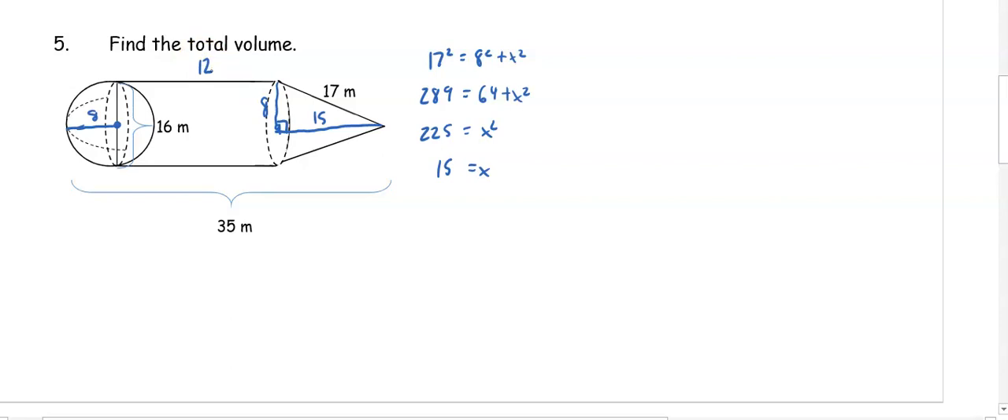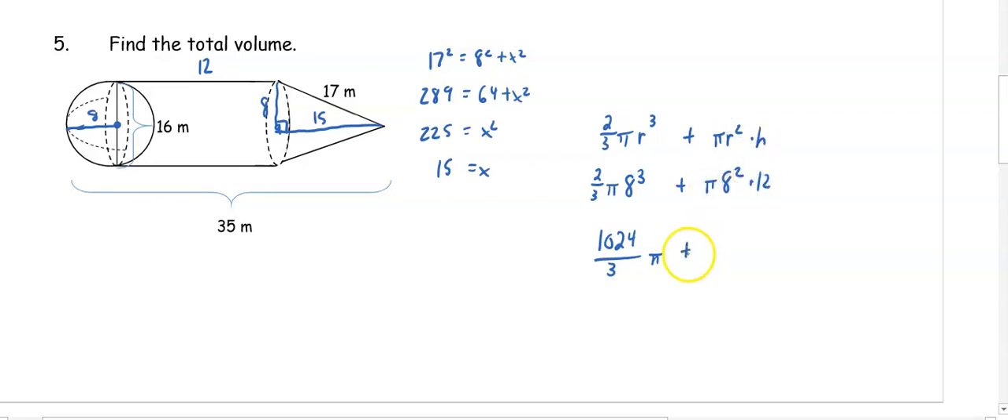So to find the volume of a hemisphere, it is 2/3 pi r cubed. So that's going to be 2/3 pi 8 cubed, which gets us 1,024 over 3 pi, plus the volume of the cylinder, which is the base area times the height, or pi r squared times the height. So we have pi 8 squared times 12, which would get us